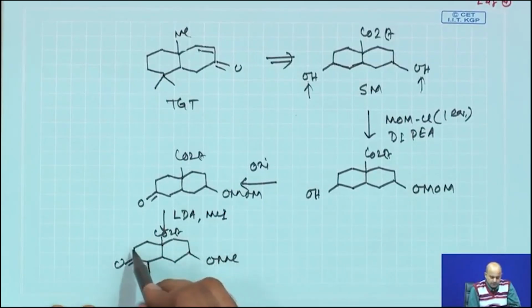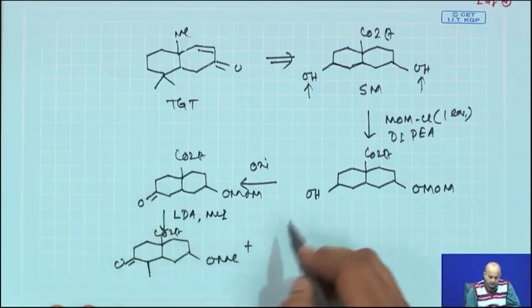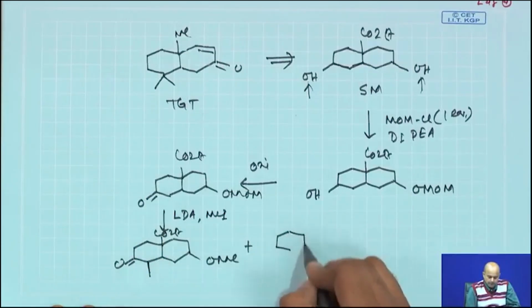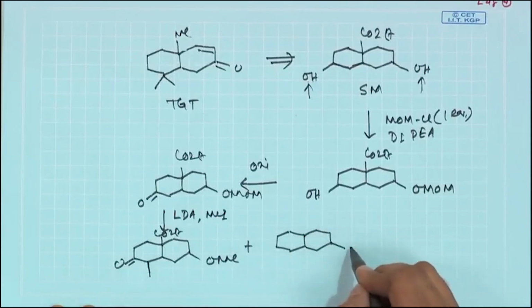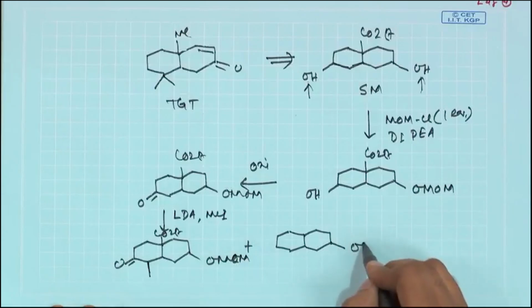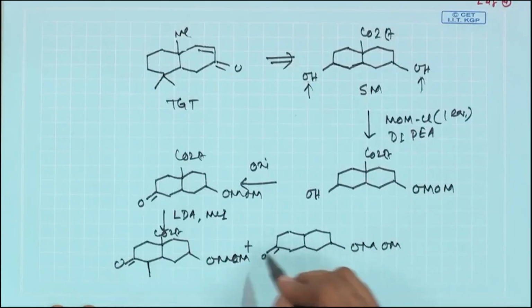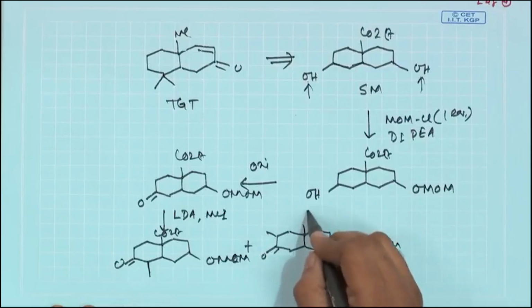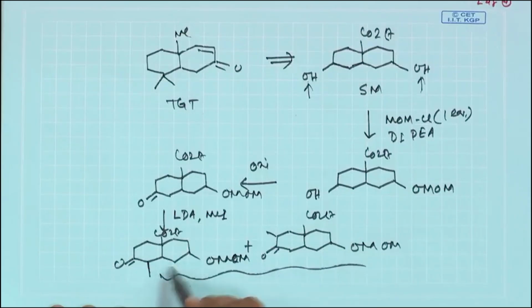In addition, you have another carbon which can also form a carbocation. So you might have two regioisomers, this is basically O-MOM, O-MOM. You have two regioisomers, either this here or this. Now, this step needs to be a bit careful. You probably can get both of these products, and you can separate them out,